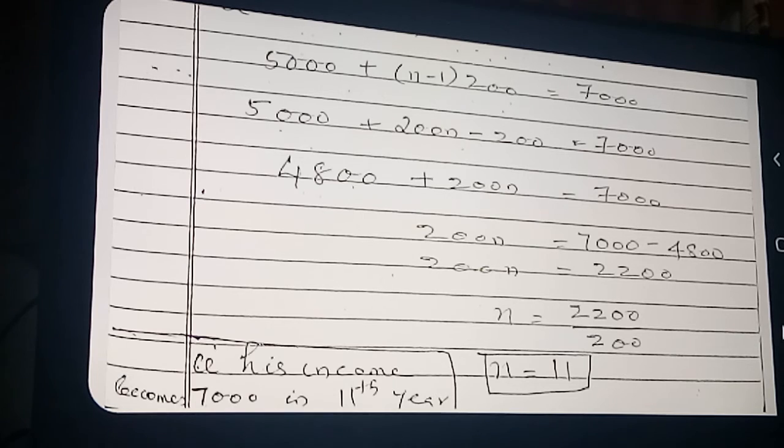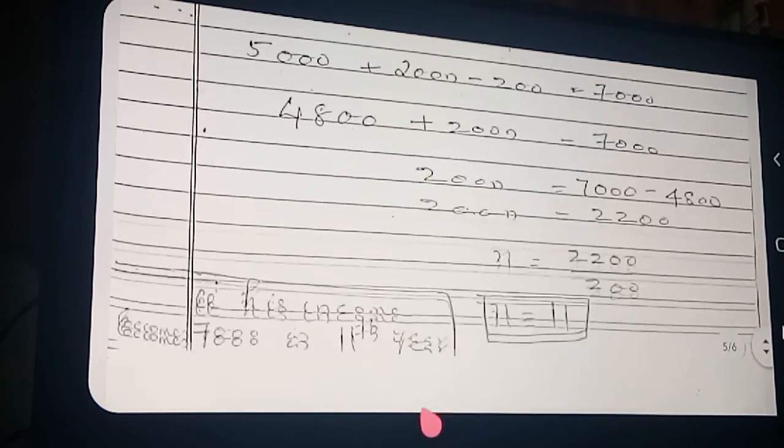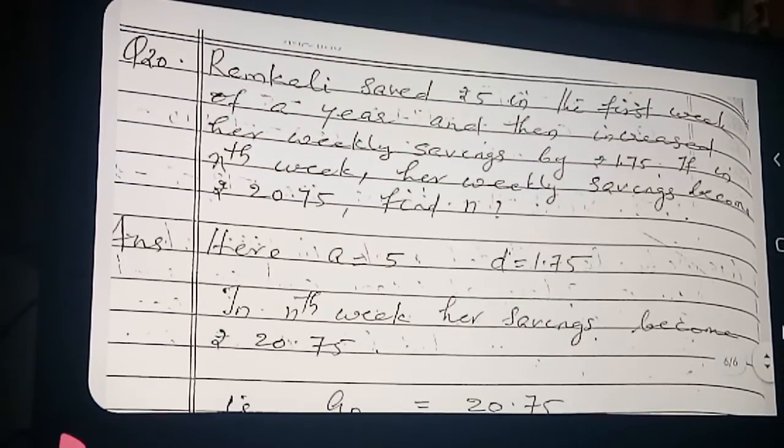Copy this also. Then one more question is there, that is the last question. After that we will start to learn sum of N terms. Clear? So his income will become 7,000 in which year? 11th year. Okay, you take the last question, question number 20. Here different questions are not there, that is why homework is not given. But illustration sums, all illustration sums, you work out and see. All the illustration sums are very important.